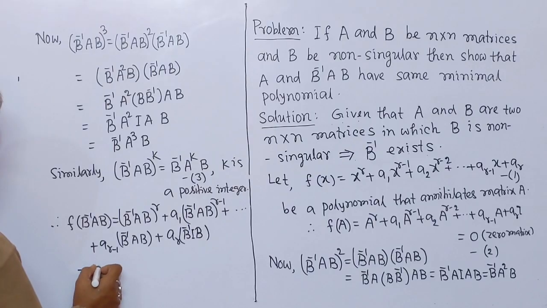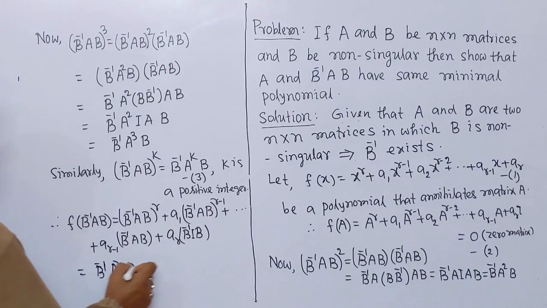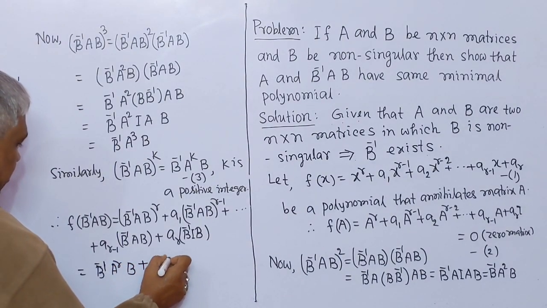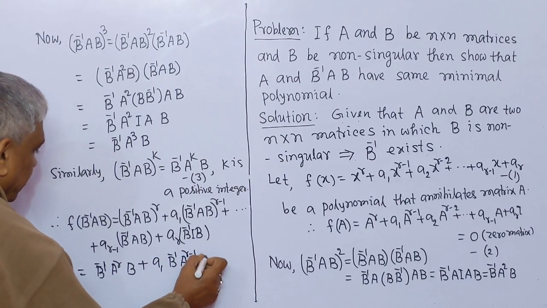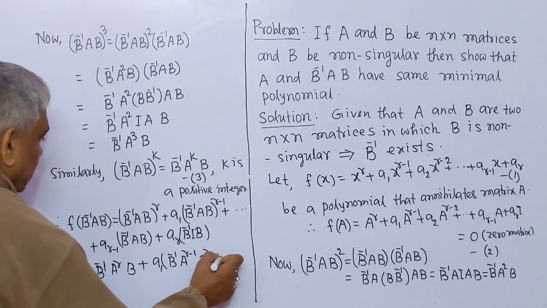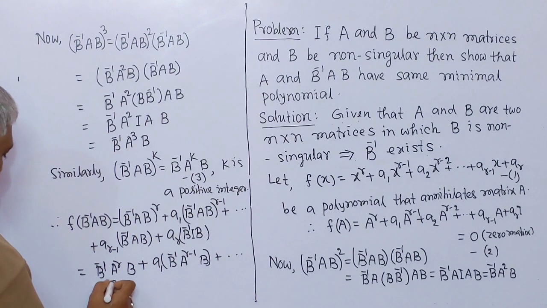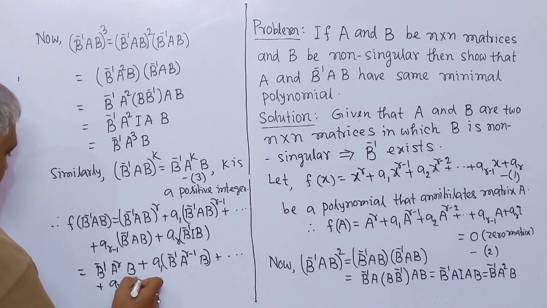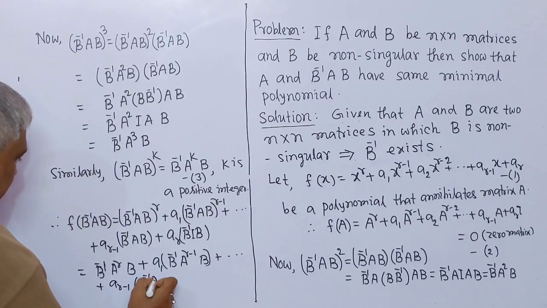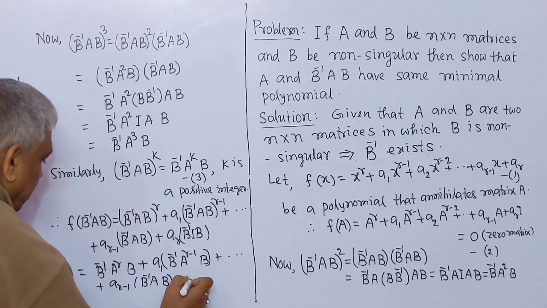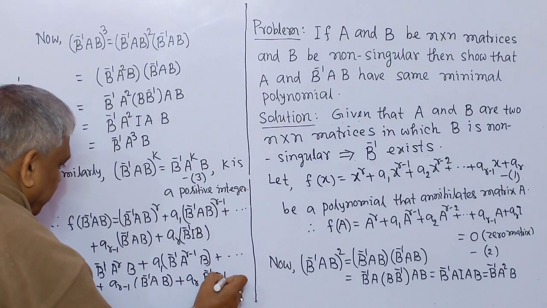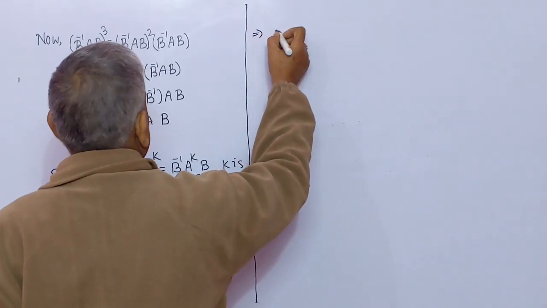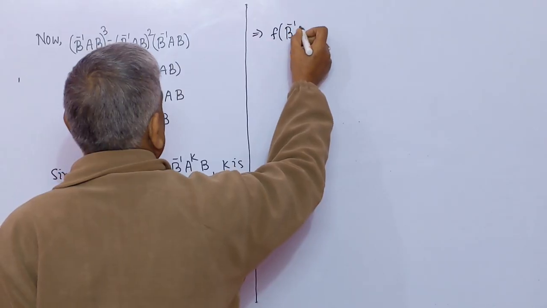This equal to B inverse A to the power r B plus a1 B inverse A to the power r minus 1 B plus ... plus a(r minus 1) B inverse AB plus ar B inverse I B,